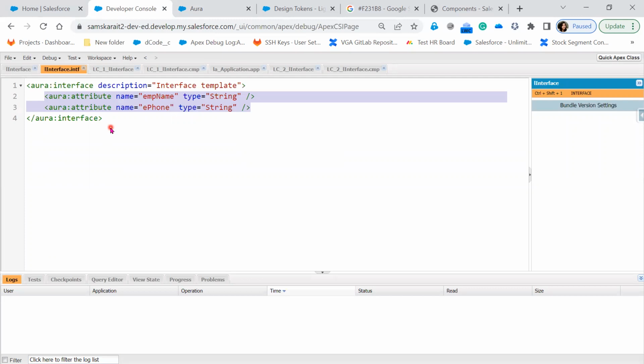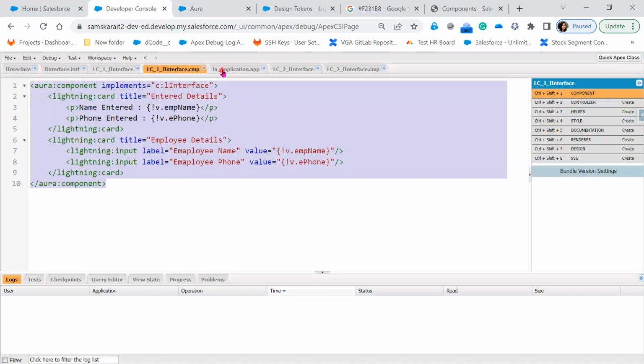No issue with that. So basically why we use it in real time is in order to reduce writing multiple declarations of attributes. Instead of doing that, just push that attribute declaration into the lightning interface so that this interface will handle all the attributes, and the rest of the logic, whatever needs to be happening in the component, you can carry on without